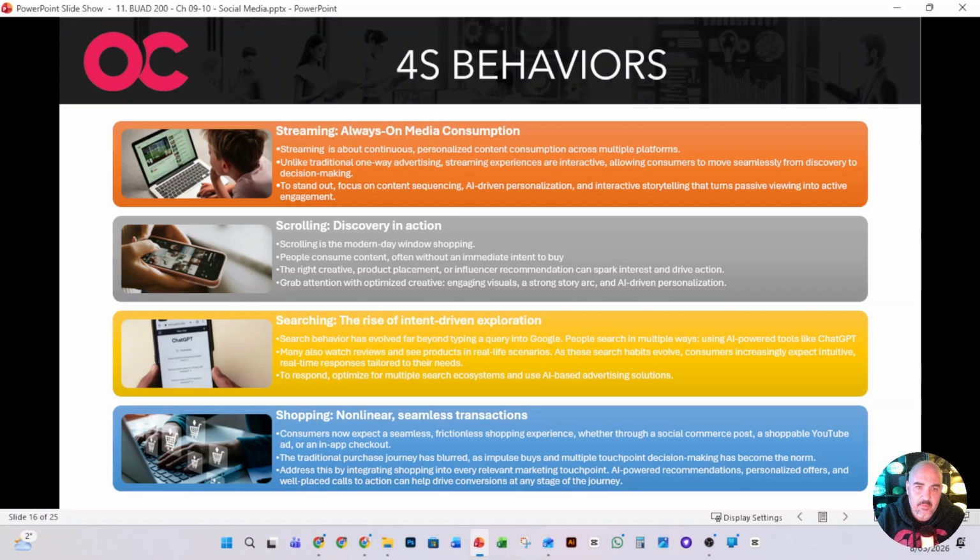Let's have a look at streaming up here at the top, guys. Because we've got constant internet coming to us through our phones, through our computers, through our TVs, through all of the different IoTs that we have, we've got this always on media consumption. Even if you've put your phone down, you've still got your watch on, you might get a notification for something. So we call this always on media, guys. This continuous personalized content that's coming to us across all of these different platforms. So that's affecting the brain in different ways.